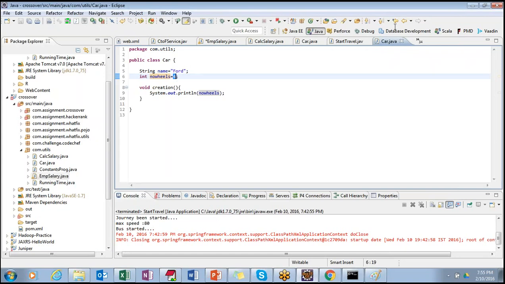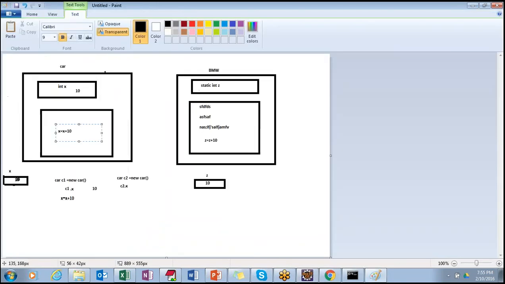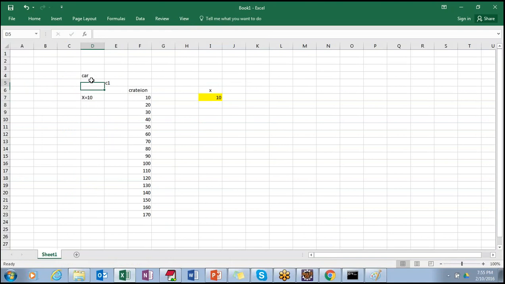No of wheels is 4 means the initial value of no of wheels is 4. Same way, in the Excel sheet, my car is having a variable int x equal to 10, and there is a method called creation where I wrote a for loop which always increases the value of x with 10. It's a for loop, it goes on increasing.